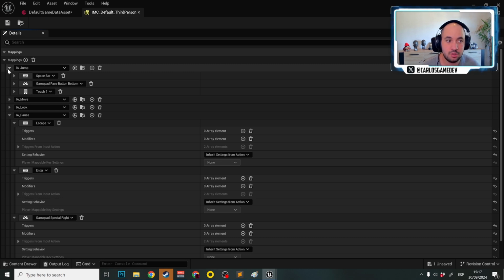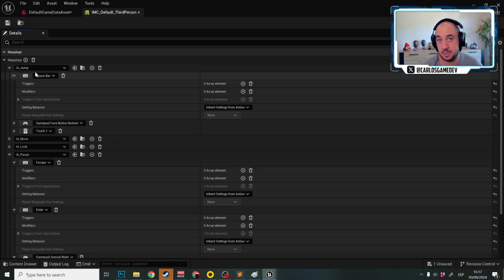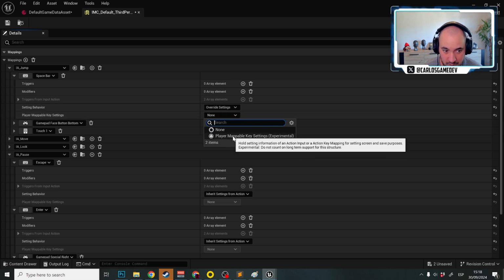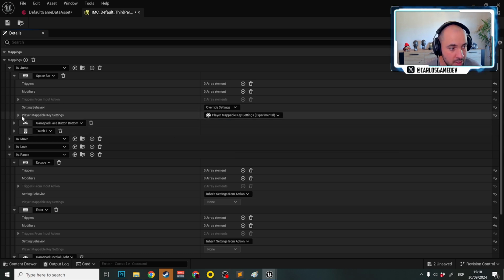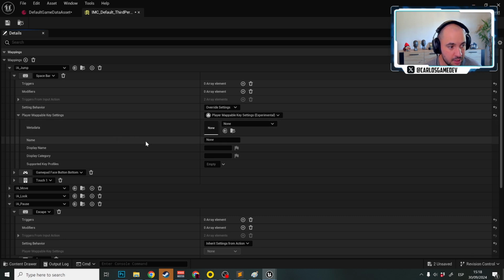And that name is going to make the system know how to save and where to load. So for example, in EA jump, I'm going to expand spacebar, okay? And spacebar is a keyboard key. So in setting behavior, what you have to select is override settings. And in player mappable key settings, what you have to do is select this one, the experimental one, there are no others, okay? And now we expand this little menu over here and in name, we say jump and